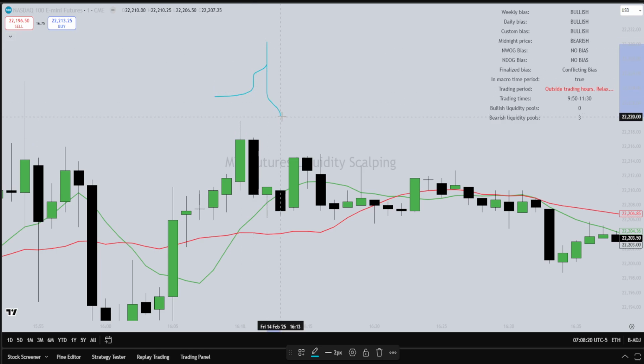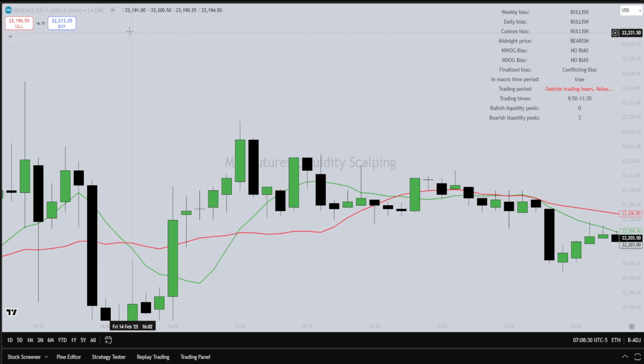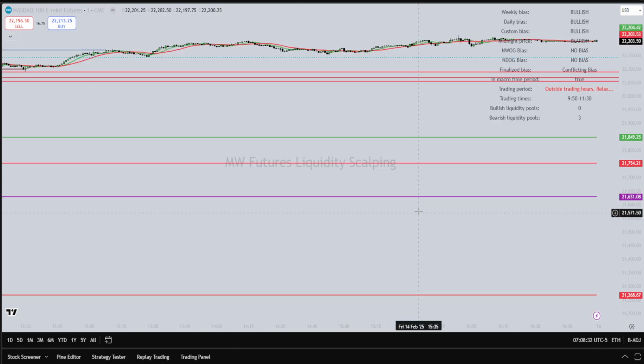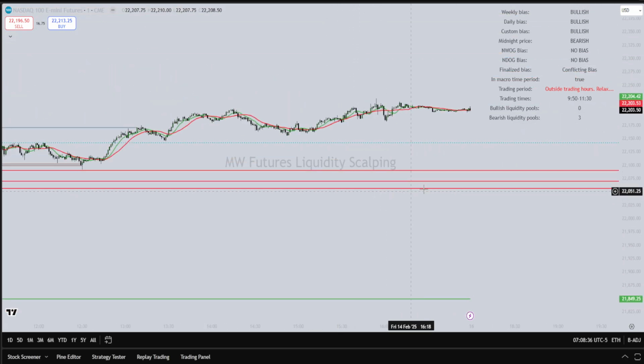Then we went down, hit our stop loss, and then we went back up to close out. And that is basically what bar magnifier does. So bar magnifier, what it does when you are on the 1 minute time frame, which is the only time frame you should be using the MW Futures Liquidity Scalper on,